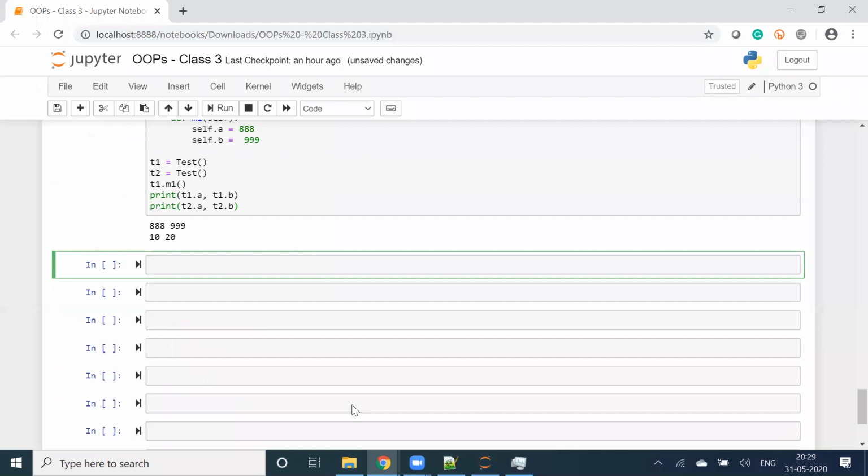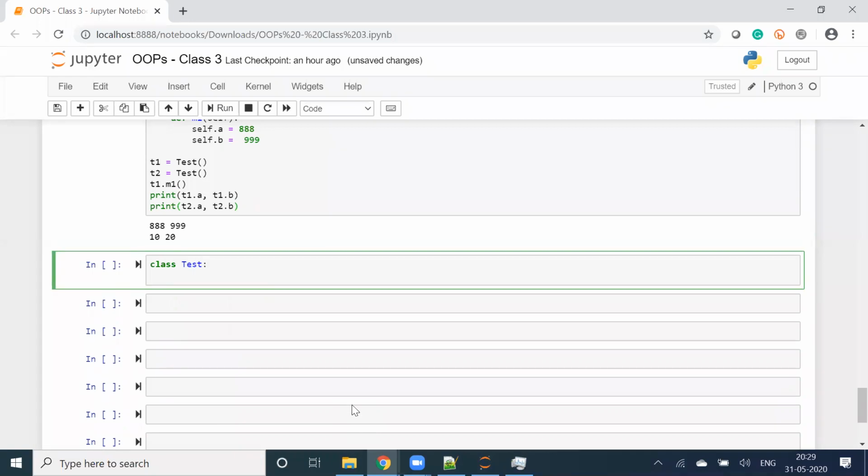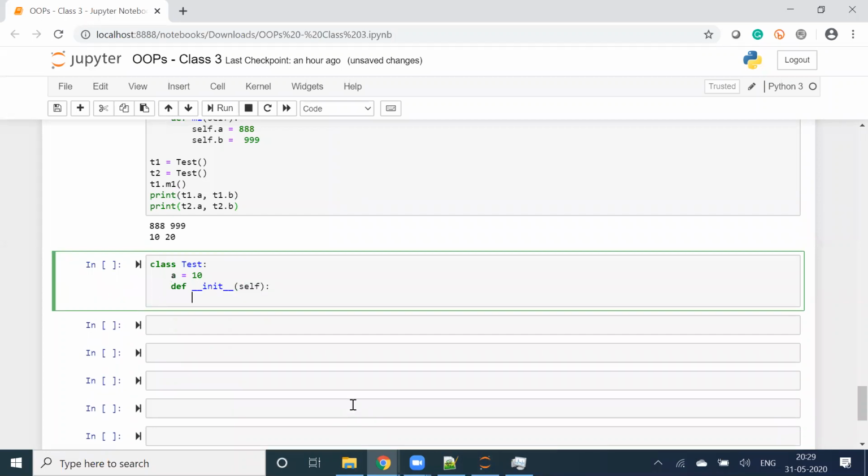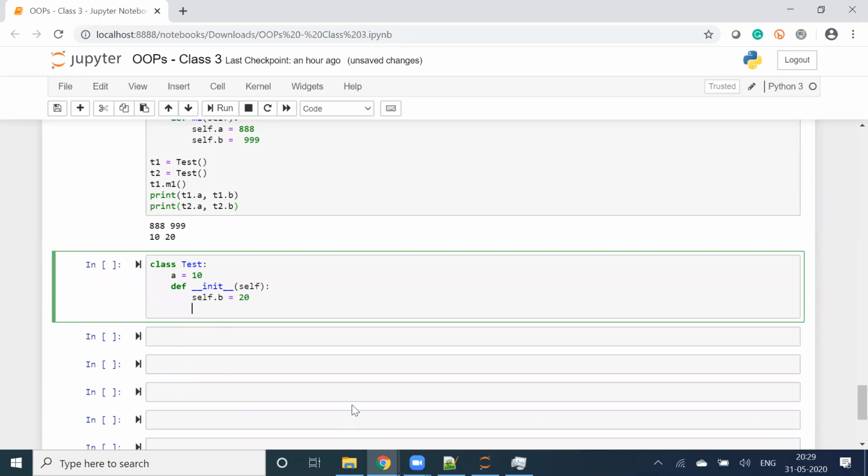Some more examples. Class test, a is equal to 10, def init, self dot b is equal to 20.